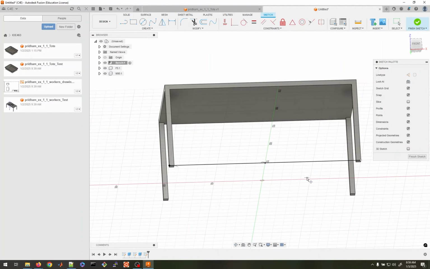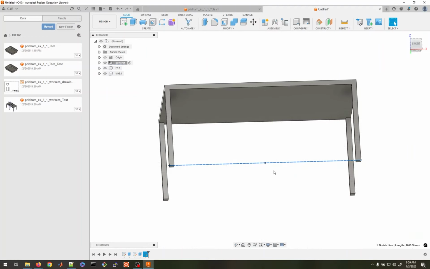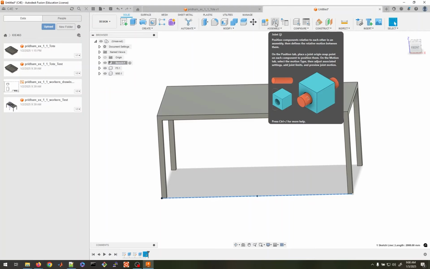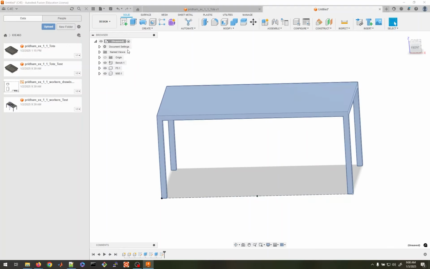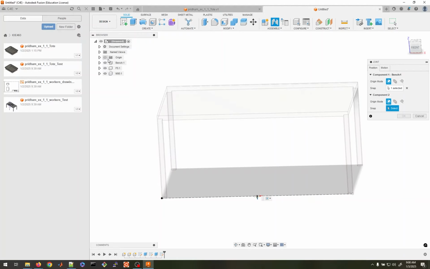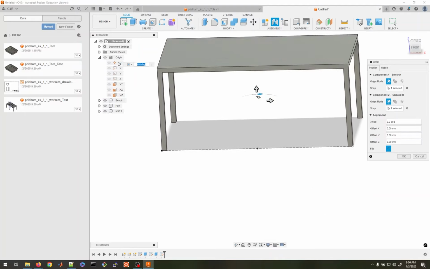So this line is not for construction, so I'm going to hit escape, select it, and then hit X to make it a construction line. So that gives me a point that I can use to move the design around. So we have that now. So I am going to come up here to joint. And first I'm going to make the top level active, just to make it a little bit easier. So assembly, I'm going to select this point first,